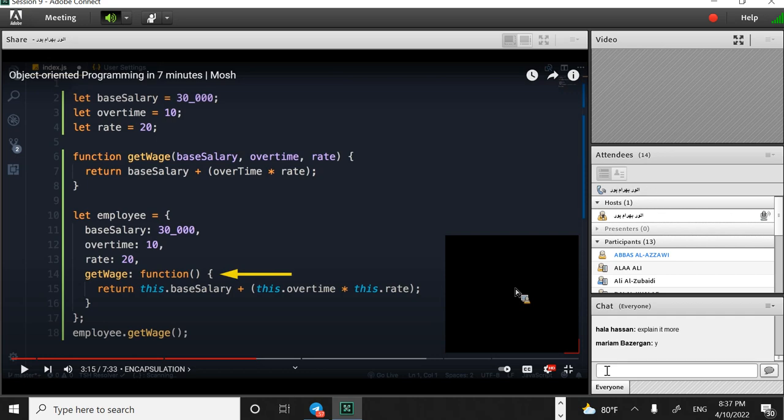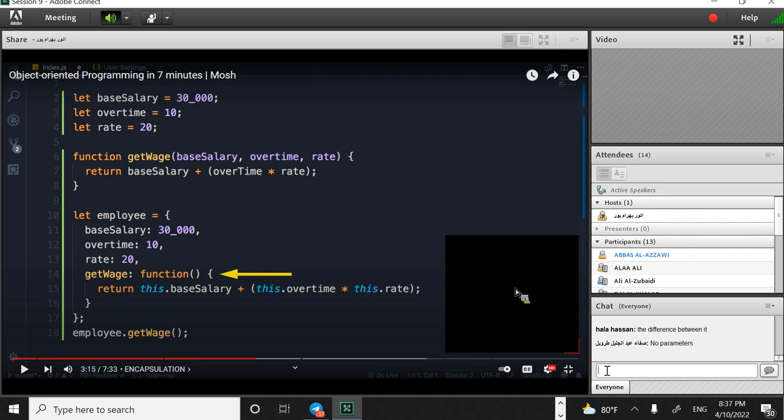How does encapsulation help us in programming? Who can talk about this concept? The difference between procedural and